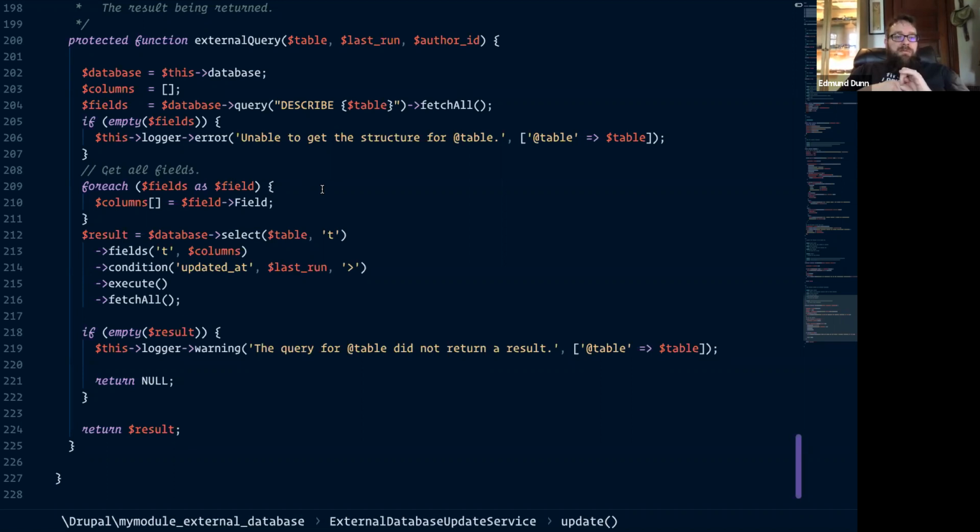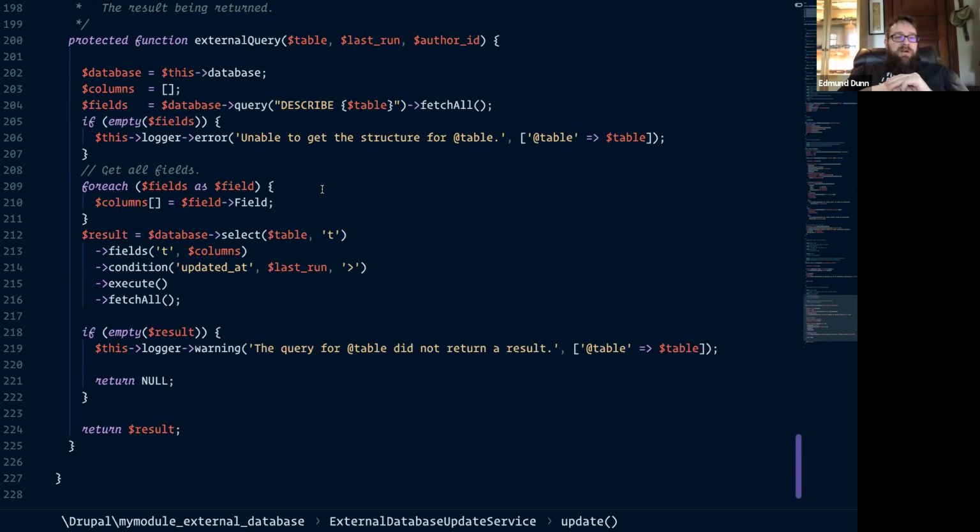So we get to the database connection. We set up our columns array, and then the first query that we run is actually to get the structure of the table that we're querying against. This is where our first logger message is: if for some reason something goes wrong with that query, it will log the fact that we were unable to get the structure for that table.